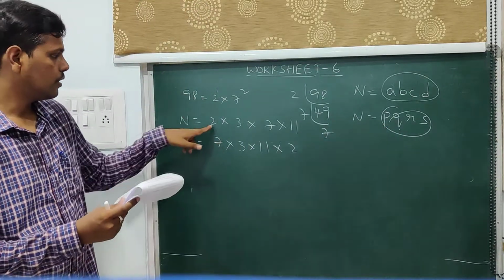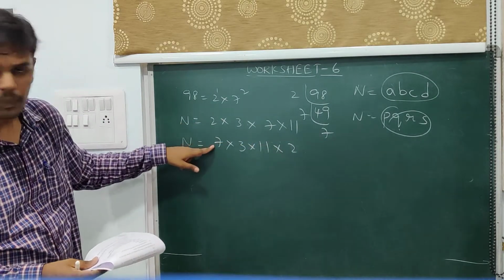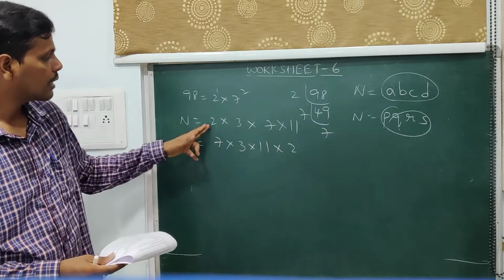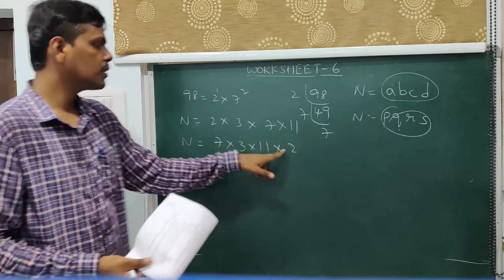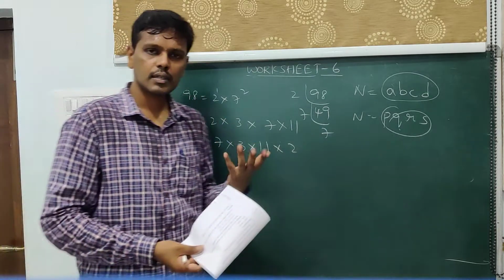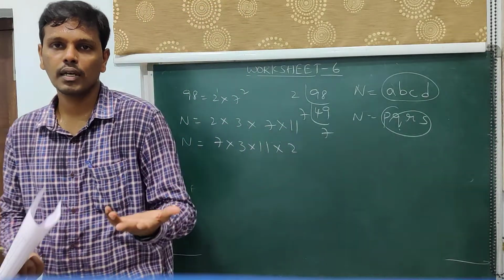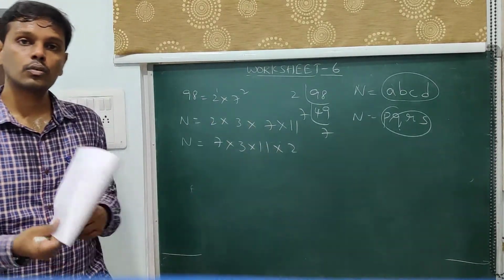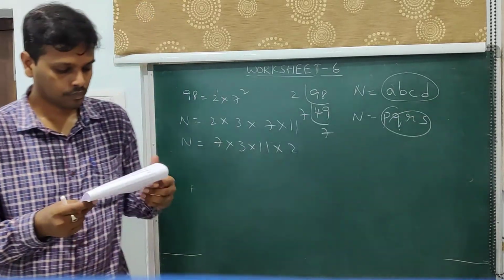Now this is an example. If you assume A, B, C, D, P, Q, R, S, A is not equal to P, A is equal to S. So it is not guaranteed that the first one should be equivalent to the first one. It may so happen that it may be equivalent to the last one, because when you do the prime factorization in a different order, you will get the same prime factors, but you may arrive at a different order. So that is the reason A may or may not be equivalent to P, but it will be equivalent to one of PQRS. That is what you can say.